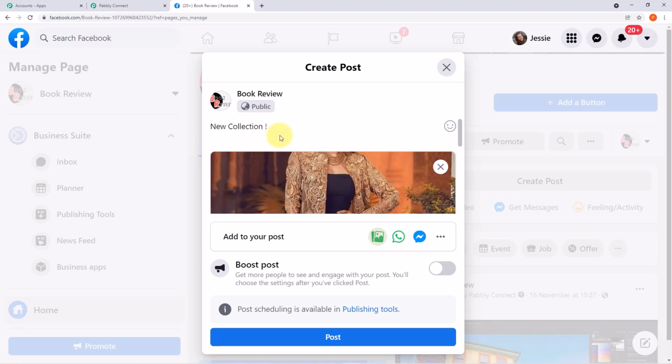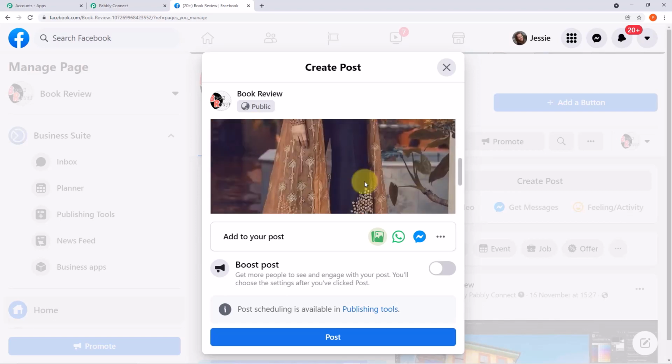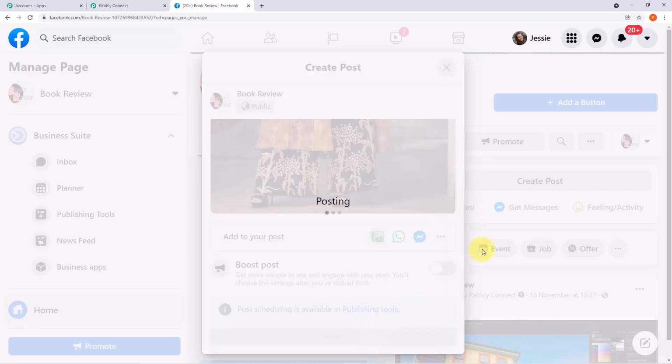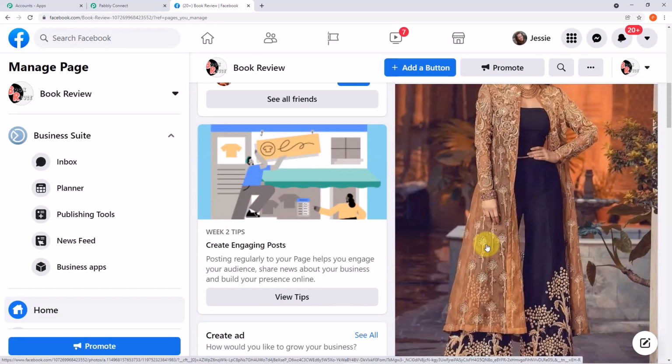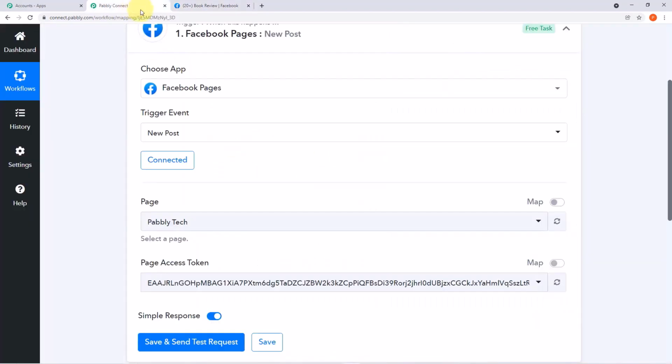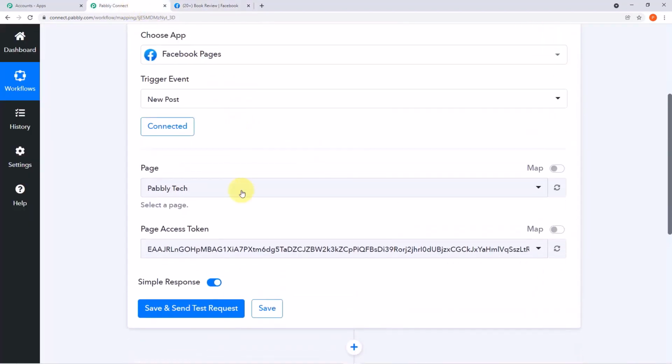Okay, this is the bio I have given and this is the image I am posting. Now I'll click on post. And you can see we have successfully uploaded our new post. Now I'll go back to my Pabbly Connect account and here I'll click on save and send